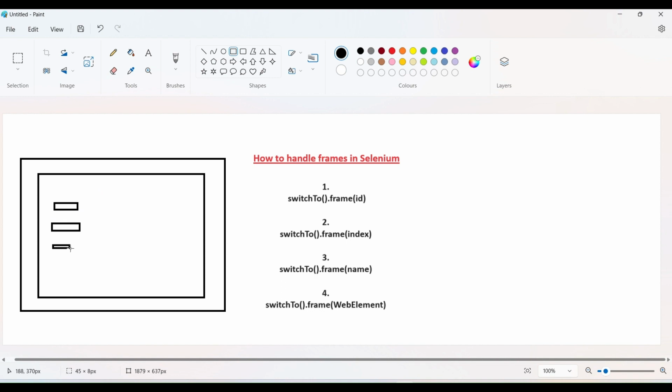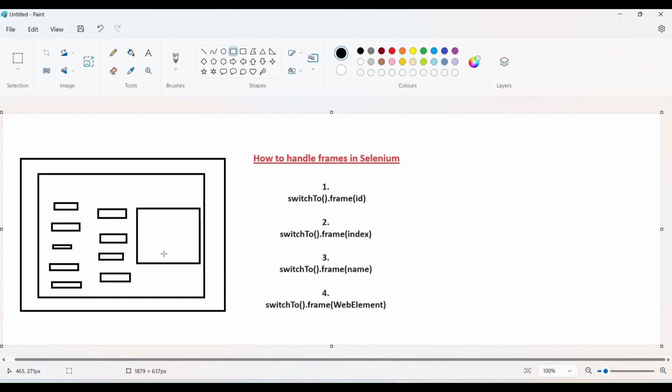And we have another page also, like a frame page. So we have another frame inside this page, and under this frame we have multiple elements also.